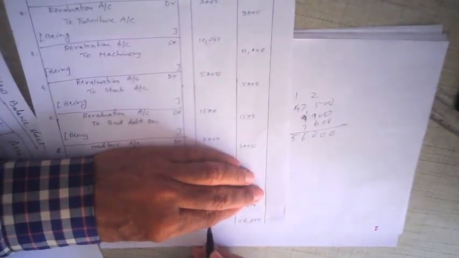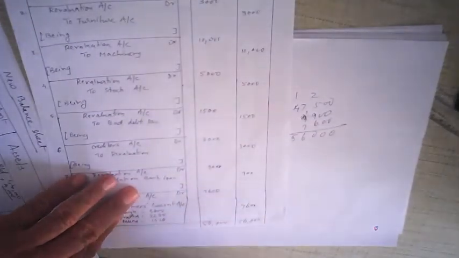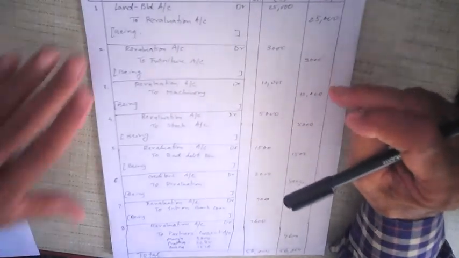Obviously this is also going to be 56,000 because it is the same amount written everywhere. So this is going to be 56,000. So once again, let's understand this carefully. Journal entries. First, where do we write journal entry? Of course the format is the same that you have learnt last year. There is no difference.